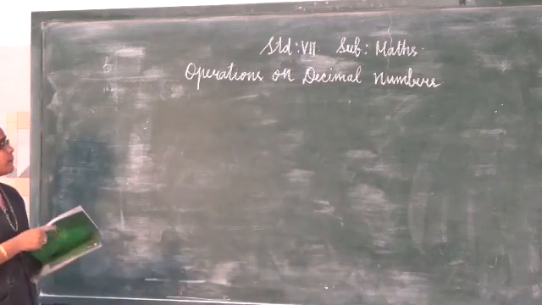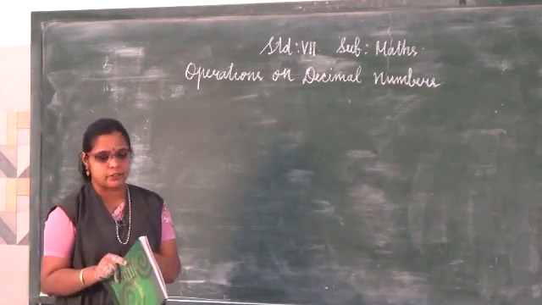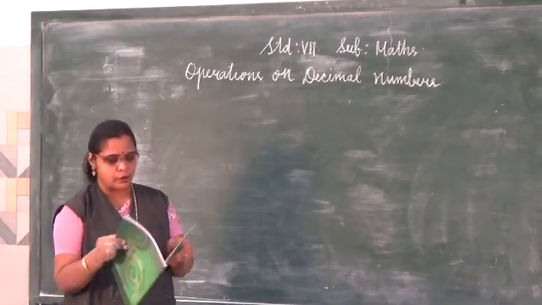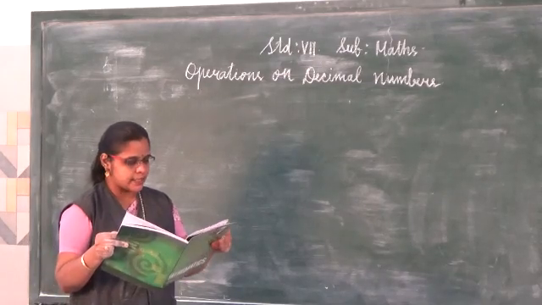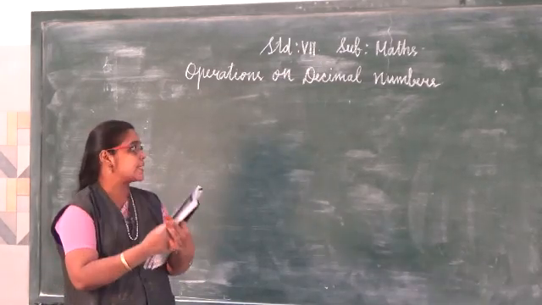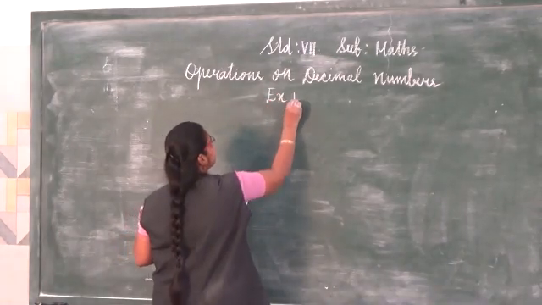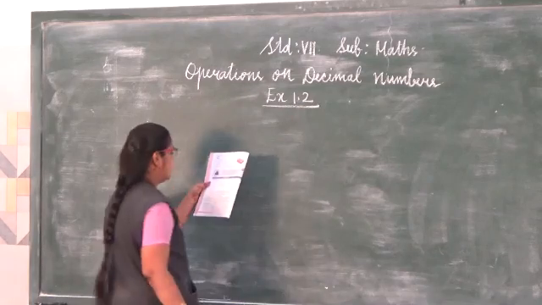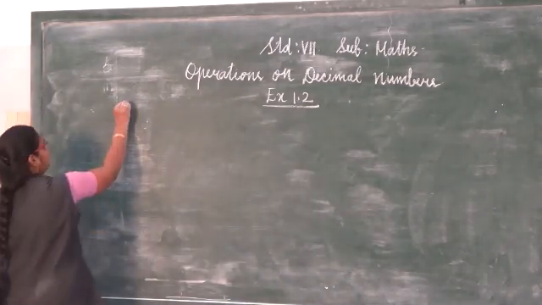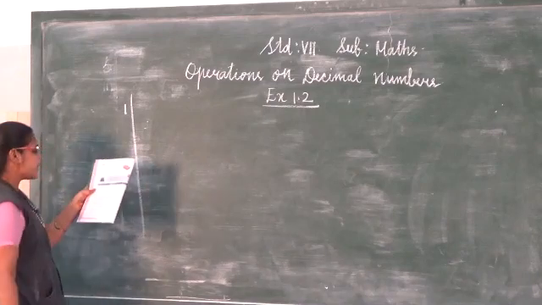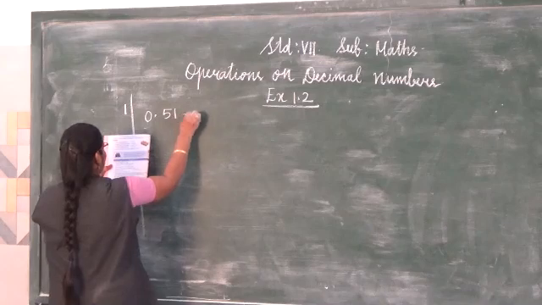So there are 4 operations: addition, subtraction, multiplication and then division. Based on this we are going to solve the problem now. So exercise page number 10, exercise 1.2, add by using grid. So first problem, add by using grid 0.51 plus